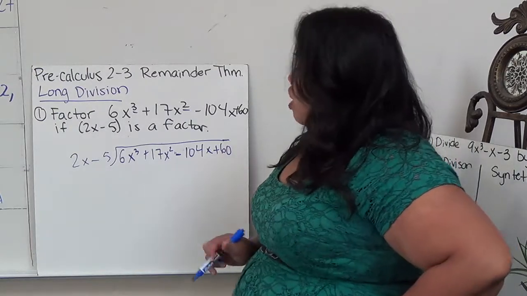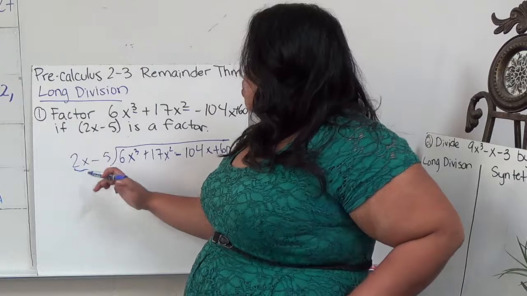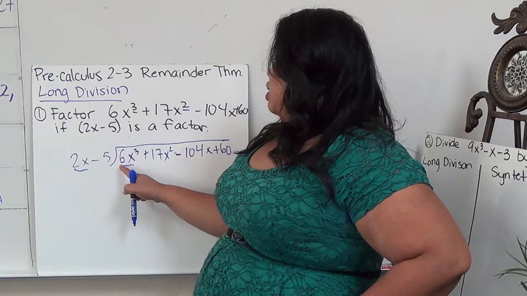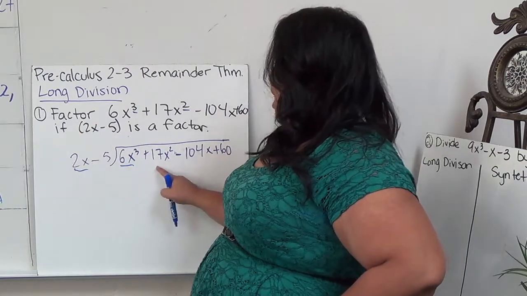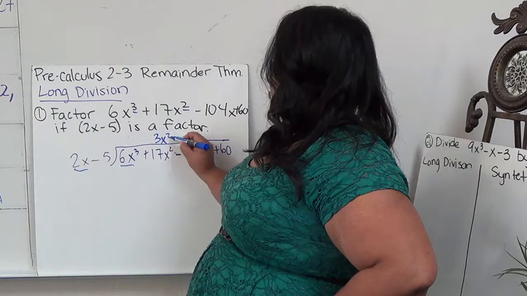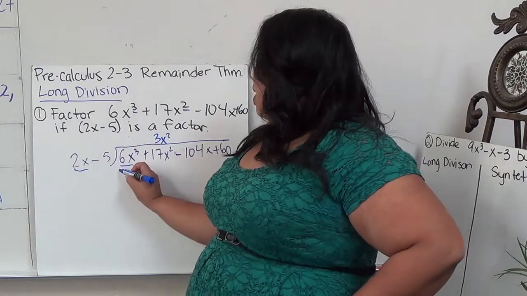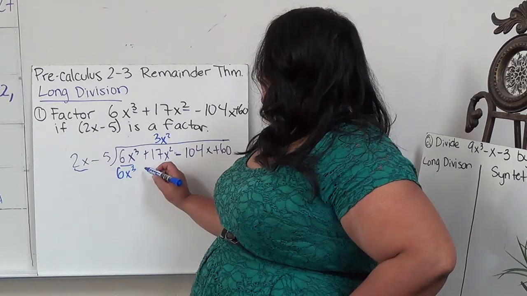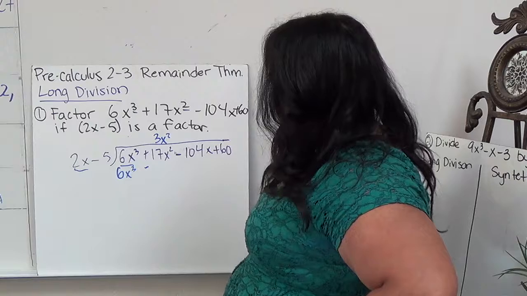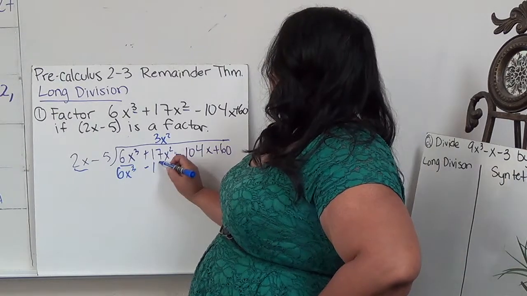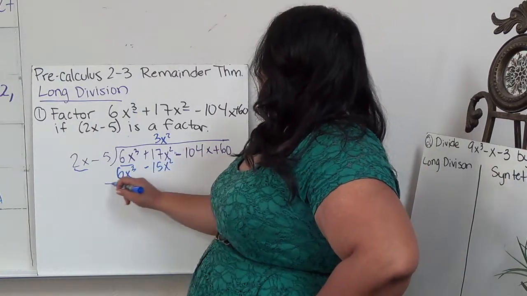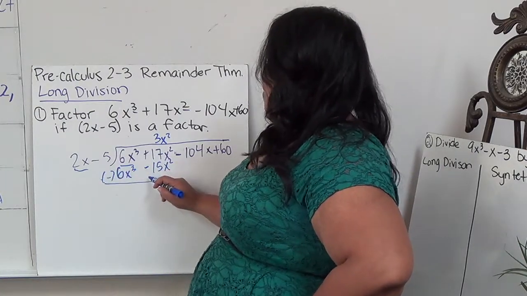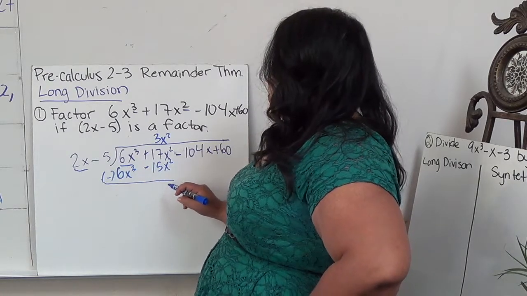So from here, I focus on the first term, 2x into 6x cubed. I have to multiply by 3x squared. I start here because I have two terms, so I'm going to end here. So 3x squared times 2x gives me 6x cubed. 3x squared times negative 5x is minus 15x squared. And then I subtract. 17 minus a negative 15 is 17 plus 15, which would give me